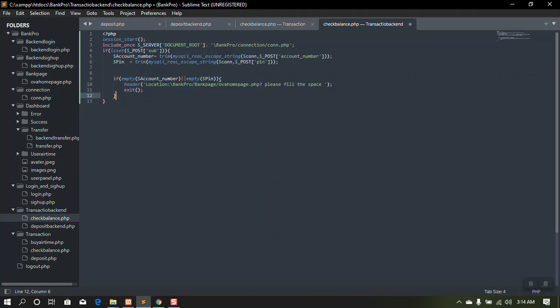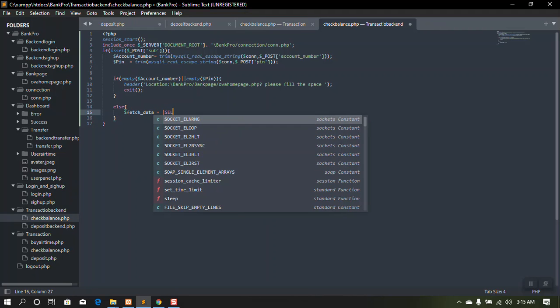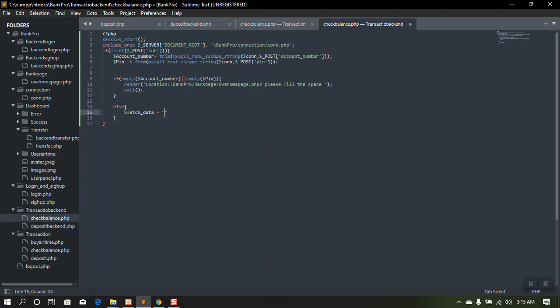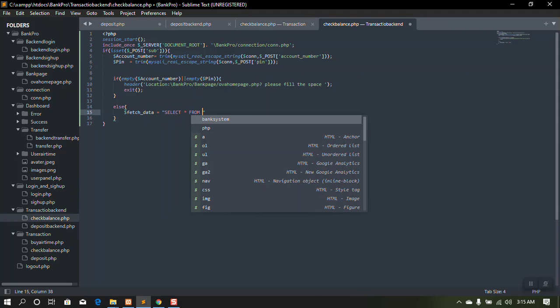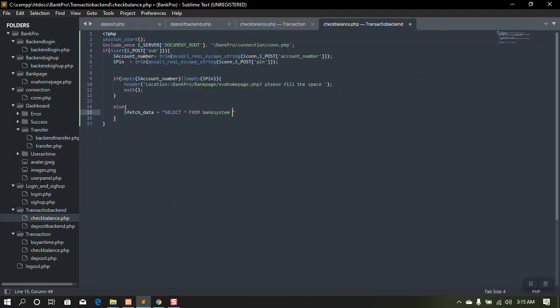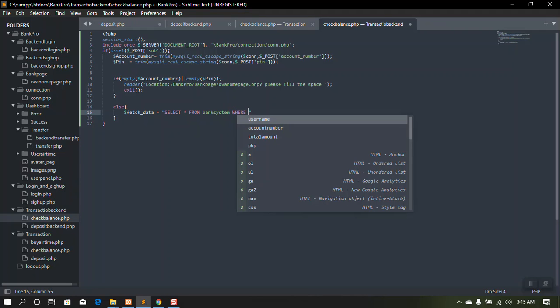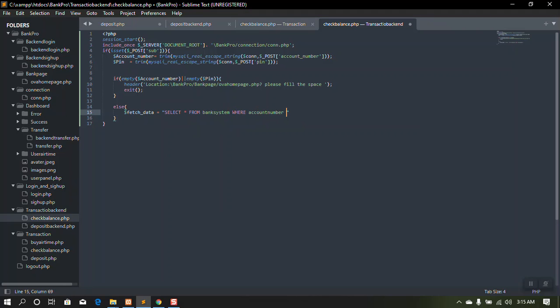Okay, now guys, let's work in the database. So say else. Now let's just query. Let's fetch data again. Select star, star means everything, from bank system where account number equals to